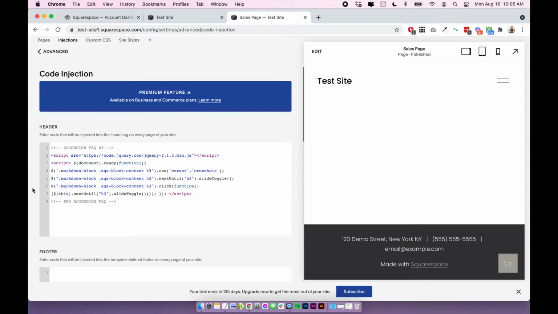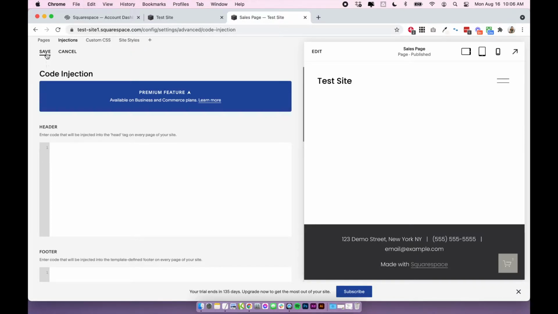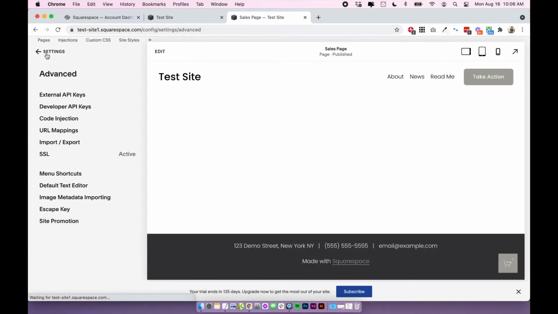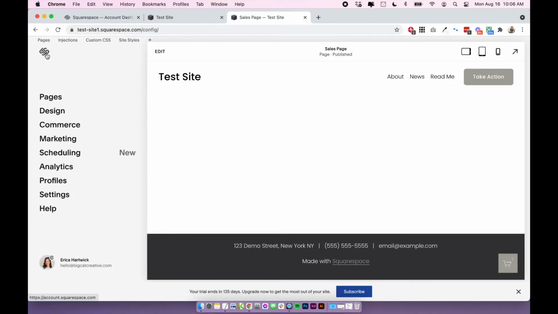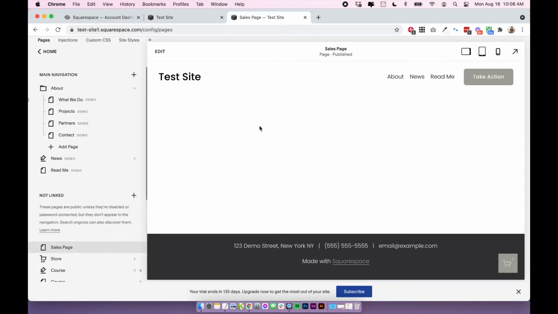If you do have other markdown blocks around your site, you would actually want to put this code inside your header injection for specific pages only. Right now it's on the header code injection across your whole site, which is fine if you're not using any markdown blocks at the moment. But if you are using other markdown blocks around your site, I would remove this code from your header injection area and just add it to the injection of the pages where you want to edit the markdown block to